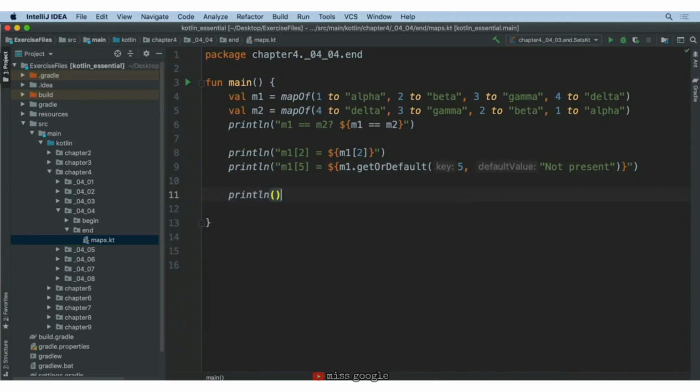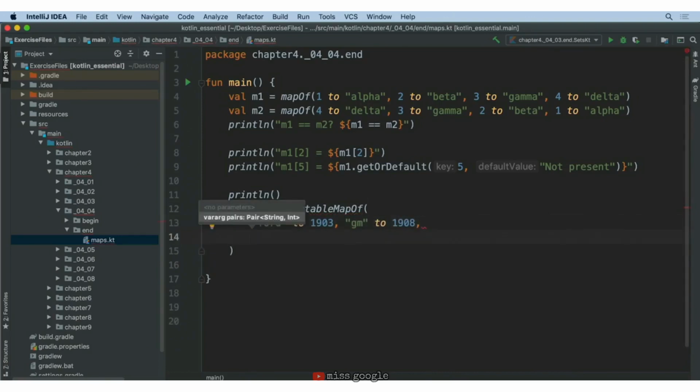We'll say print line, and we'll say that val cars equal mutableMapOf, and we'll give ourselves some extra spacing and go to the next line, and we'll say that Ford to 1903, comma, GM to 1908, comma, and we'll go to the next line, and we'll say that Dodge to 1913, and finally Tucker